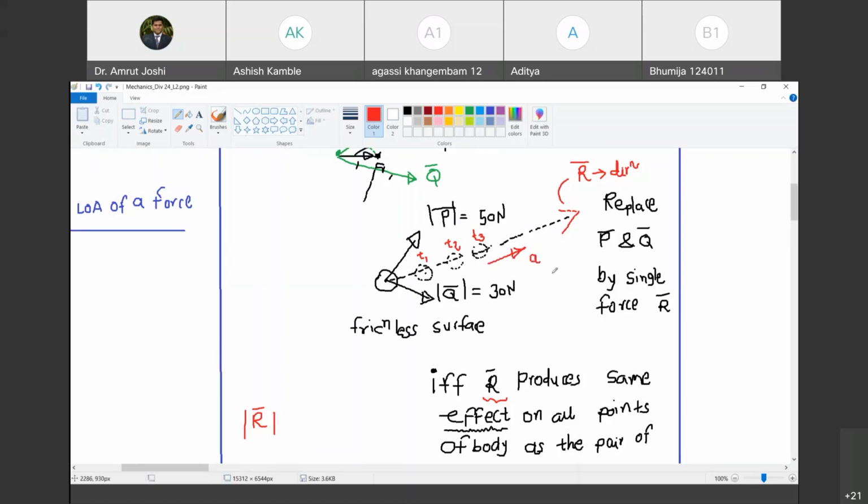Yes, sir. As this is along the direction of R bar, I am going to call it AR, acceleration along this direction. Happy? Yes, sir. And you will observe to your surprise that this acceleration remains constant. This has been observed experimentally; this can be seen by doing the experiment. Are you with me? Yes, sir. Now what I have done is I have replaced this P bar and Q bar only by R bar. Are you with me?